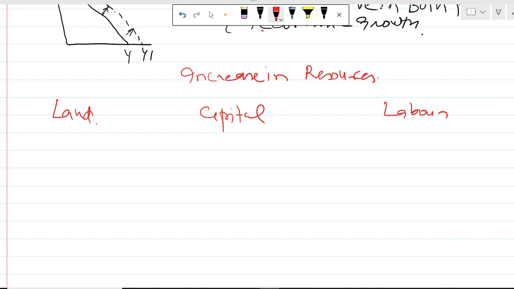So how can resources increase? Maybe through discovery of new land, discovery of new natural resources, and capital is an increase in man-made resources, investment,